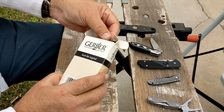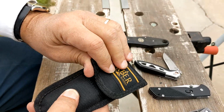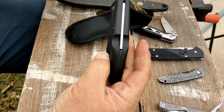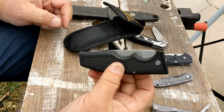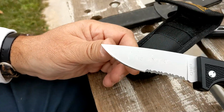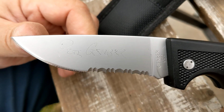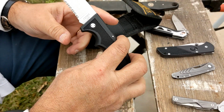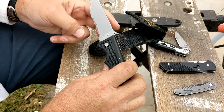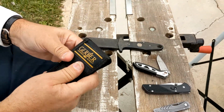But I'll go back. A friend of mine gave me this as a gift, just out of friendship, many years ago. I don't know, 15 or more years ago. It is a Mag LST serrated. Got a back lock. Doesn't have a button to open or anything like that, but I do want to show you this. It was autographed by Pete Gerber. He engraved that. I've never used this. I've never taken it out of the box to do anything with except to look at. And I don't know if that's of great value, meaning Pete Gerber's autograph on there, but wonderful knife, good size. That's my Gerber Mag LST,